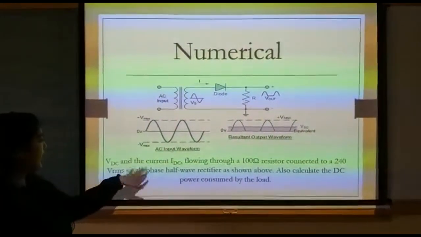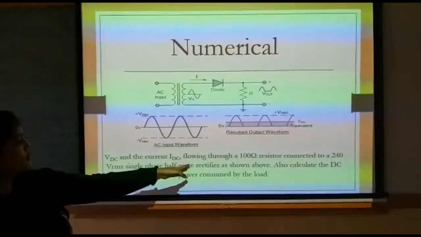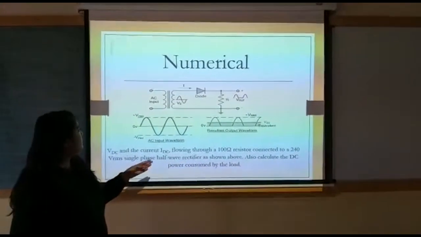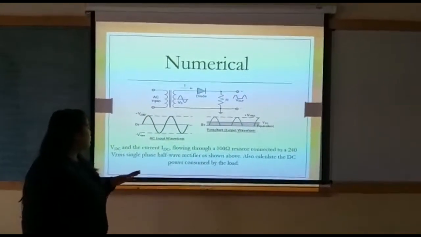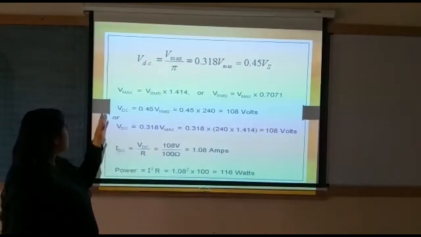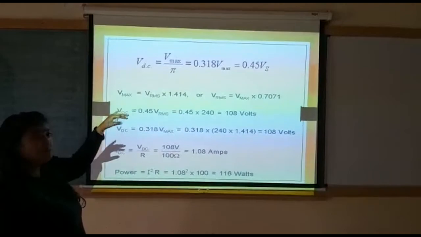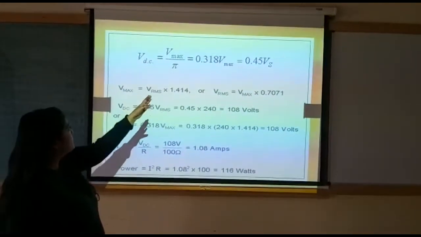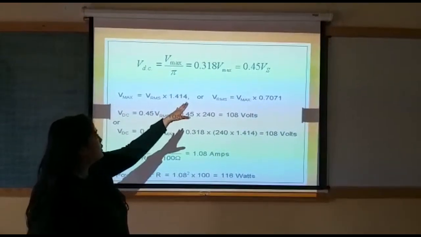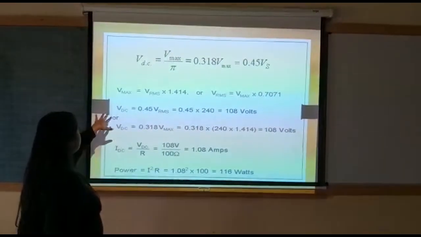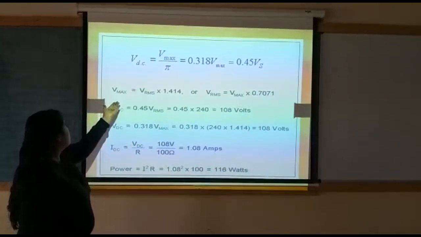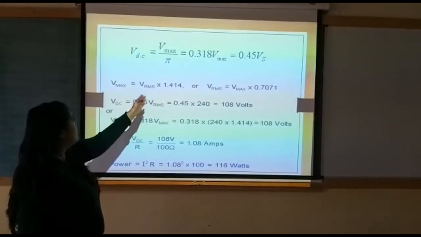Find VDC and the current IDC flowing through a resistor of 100 ohm connected to a 200 VRMS single phase half-wave rectifier as shown in the figure. Now we will be calculating the power consumed by the load. As you know, VDC equals Vmax by pi, that will be equal to 0.318 Vmax, that is 0.45 Vs. Now in the previous slide we saw that Vmax equals VRMS into root 2,